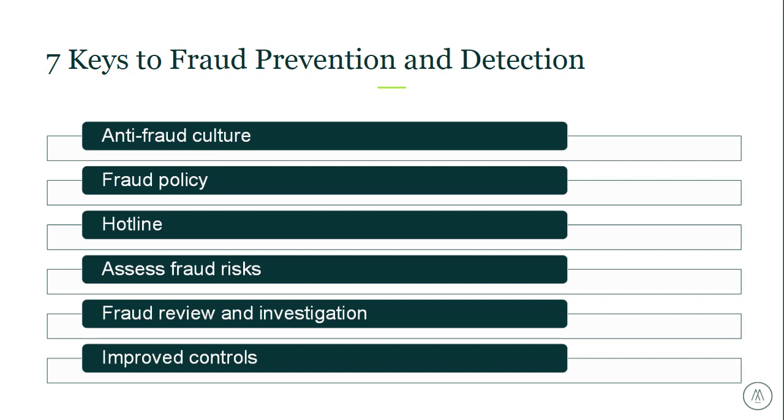Secondly, a fraud policy should be developed really to demonstrate the organization's commitment to combating fraud. So this policy could be and is often included within the code of conduct. It's important that this be signed and agreed to by all employees throughout the organization, not only when they onboard onto the organization, but also annually thereafter. Some of the items that should be present include the organization's position on fraud, the actions constituting fraud, fraud reporting and investigation processes and procedures, discussion of confidentiality, and ultimately what could happen if something does happen, or consequences.